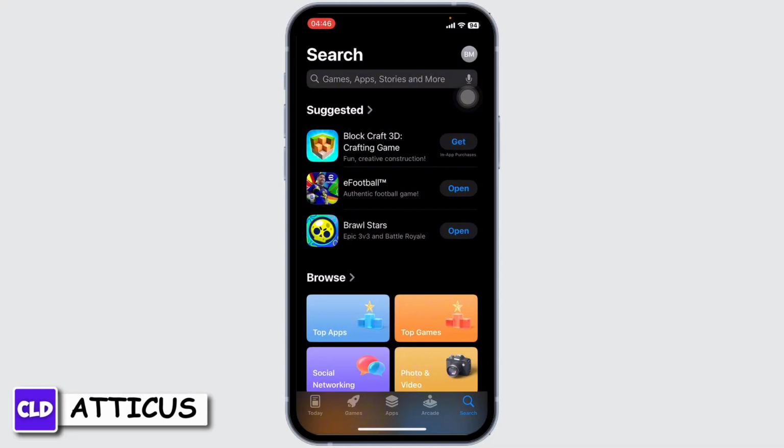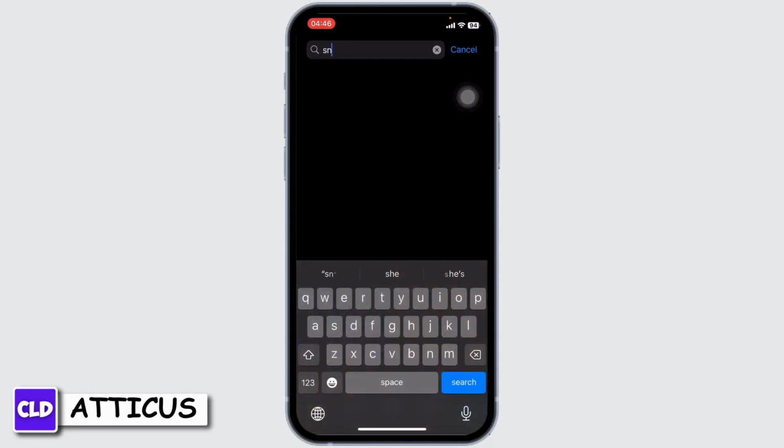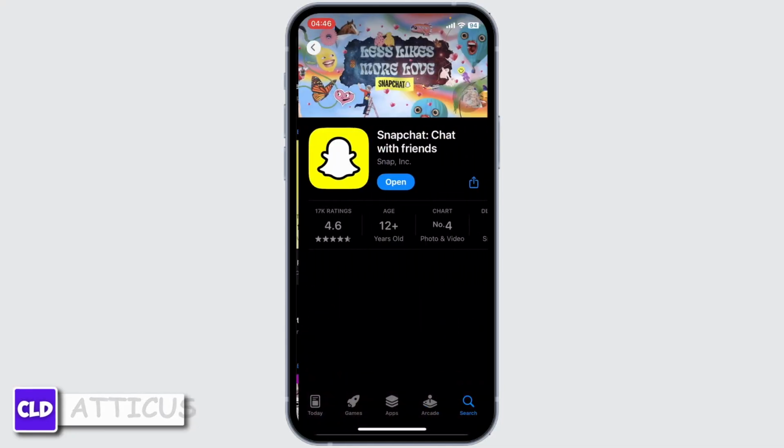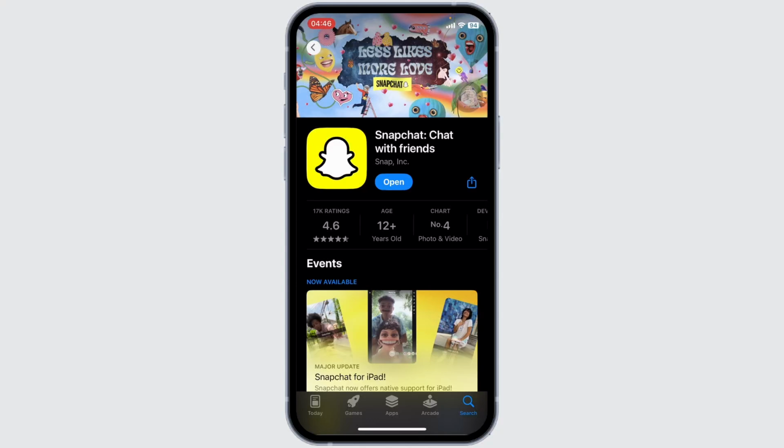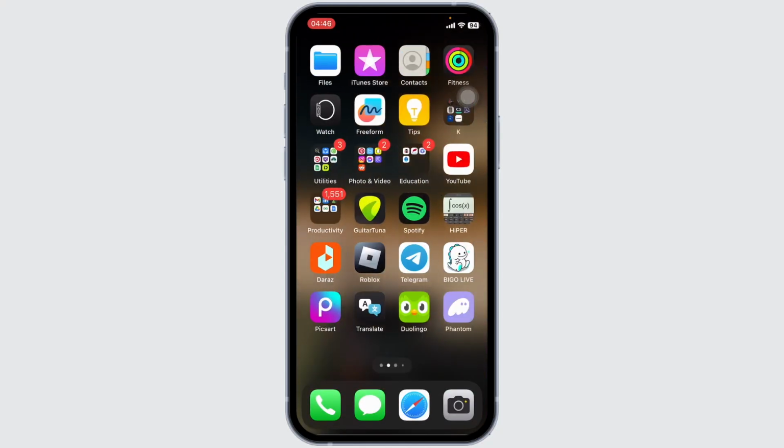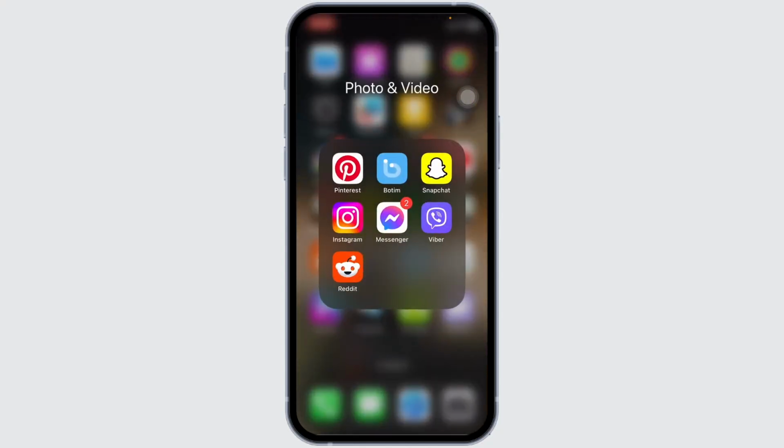So the first thing you'll want to do is go to your App Store and upgrade your Snapchat. So just search for Snapchat, and after you search for it, check if there is an update available. If there is, just hit update. After you do so, you can go to your Snapchat,